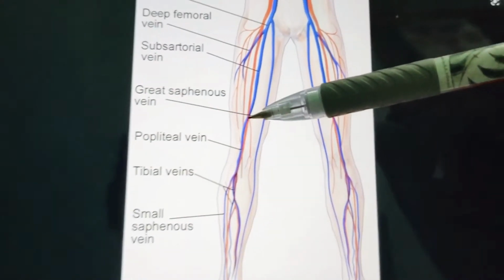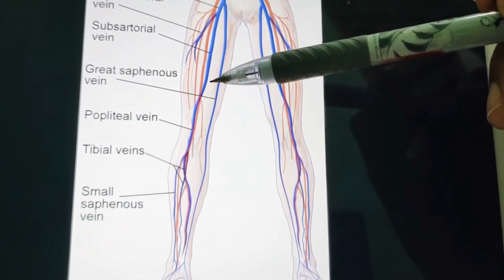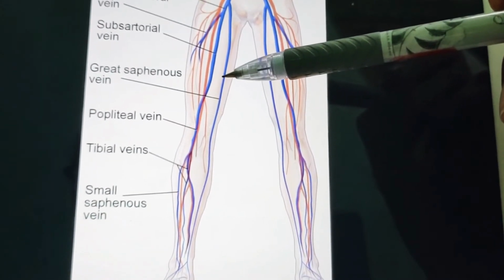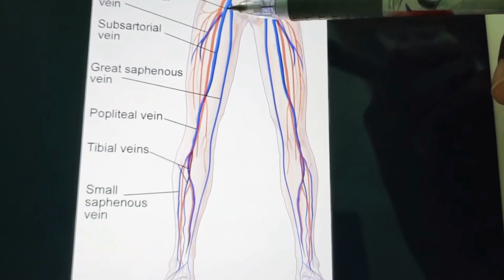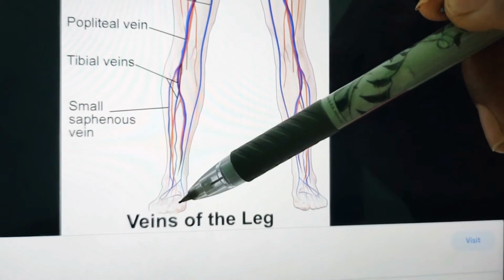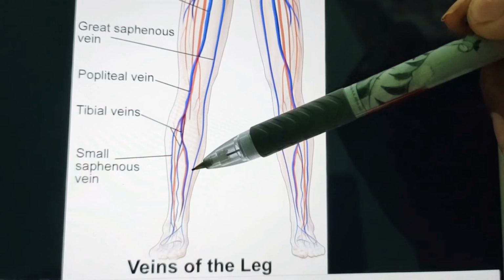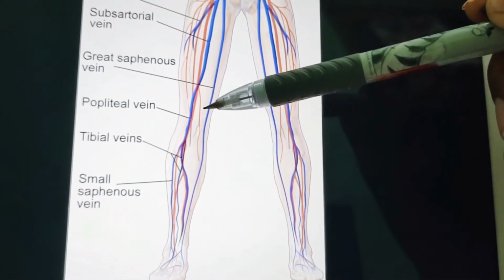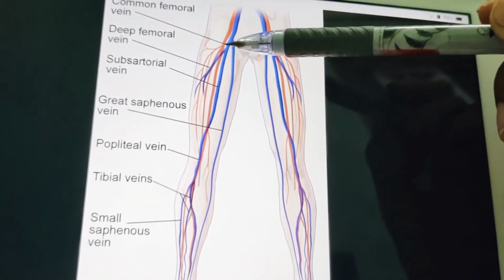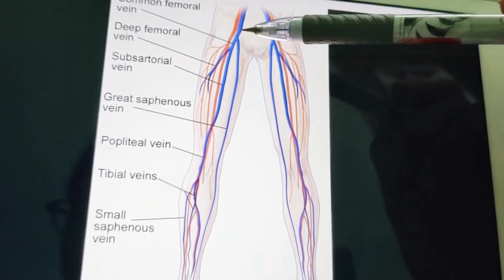Veins always drain the blood, right? These are all different tributaries which will go and finally drain into the femoral vein. You can see here the first tributary is the great saphenous vein, coming from the dorsal venous arch on the dorsum of the foot. From the dorsal venous arch it travels on the medial side of your leg, then comes above to the medial side of your thigh, and finally joins the femoral vein. So one tributary of the femoral vein is the great saphenous vein.